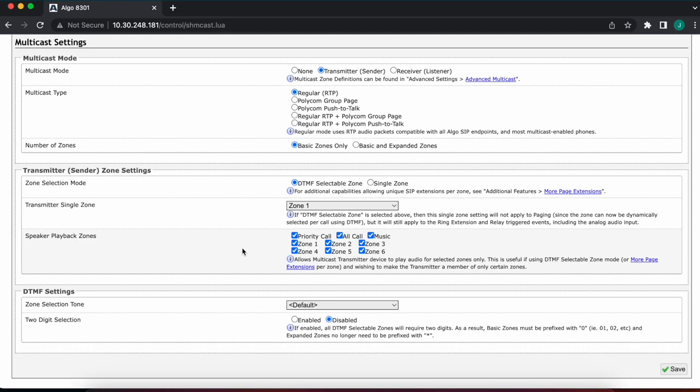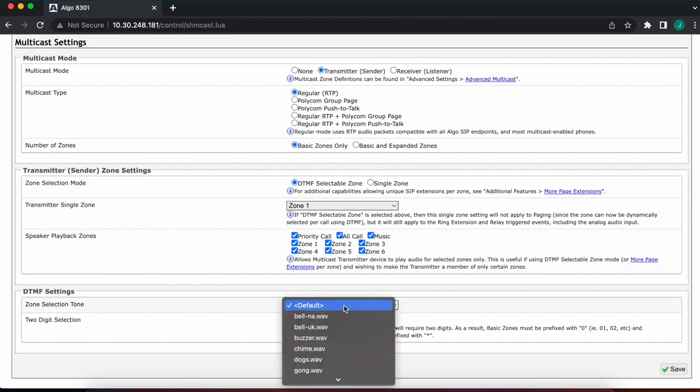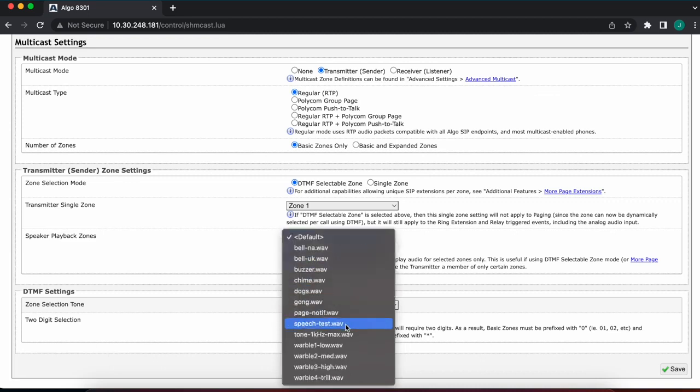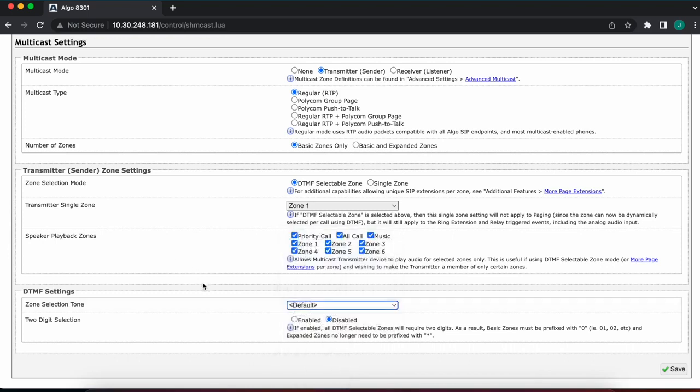Before you actually select the zone you want to page over to, you have the option of using a prompt tone, right? The prompt tone by default is just a double beep. As you can see down here, you do have the option of selecting a custom one. Again, a custom audio file can be uploaded as always, an MP3 or WAV file, and it may contain something that is unique to your requirements. Press 1 for office, 2 for warehouse, 3 for alcohol, for instance. I'm going to leave it at default right now,